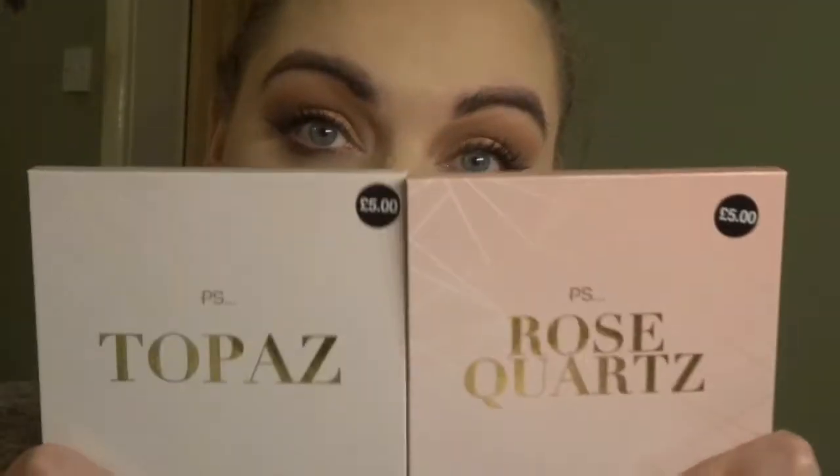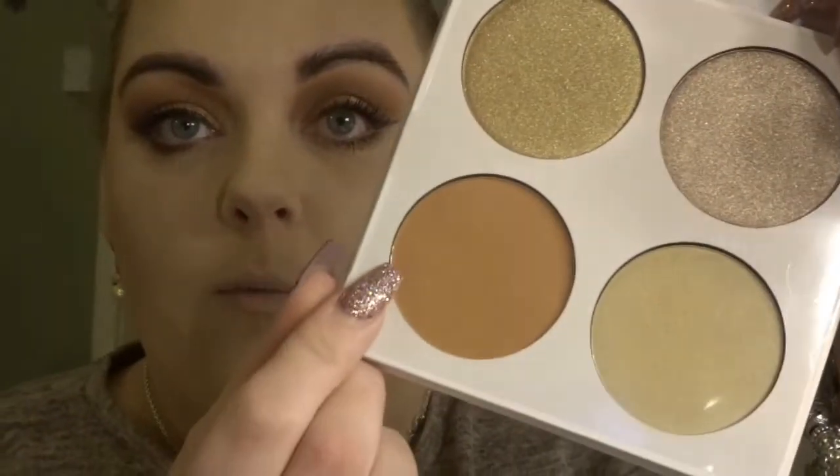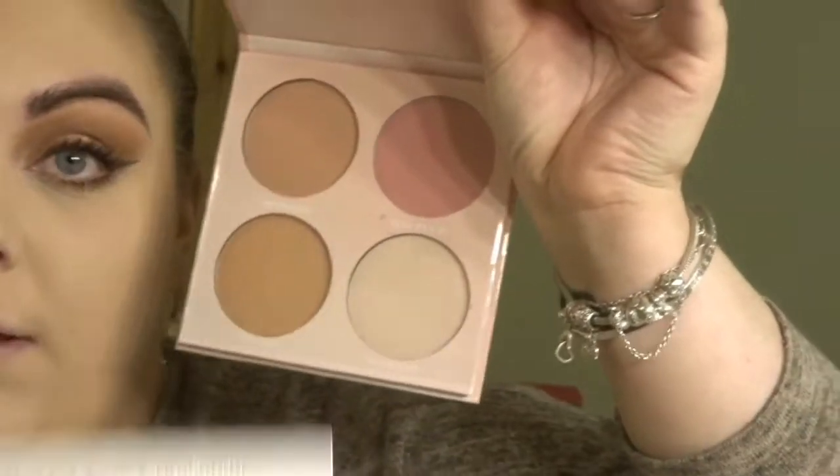We need to warm up this face, add some blush and some glow. So the two palettes I picked up were the PS Topaz and the PS Rose Quartz, and they're both highlight and glow palettes. I really struggled, like I say, to find a bronzer, and the closest I could find was this one in the Topaz palette. It is a shimmery blush, and it's quite orange, but it's what we've got, because this Rose Quartz one is like your blushes, highlight. That highlight is gorgeous because that's got like a pink shift to it. Glow. So let's try my bronzing brush,